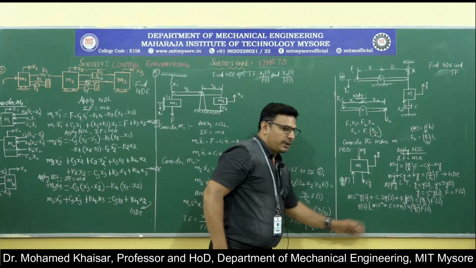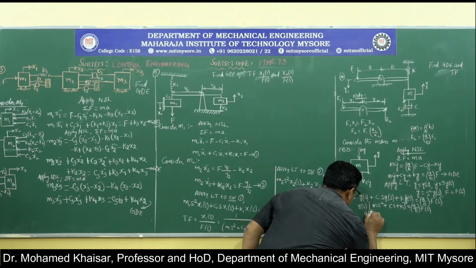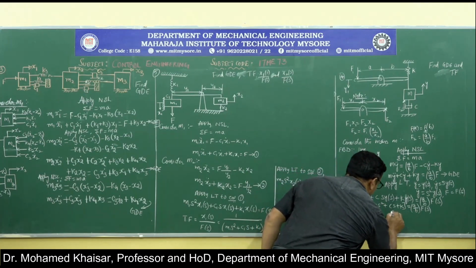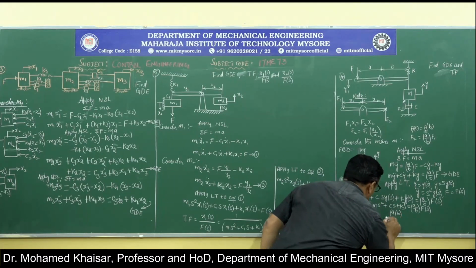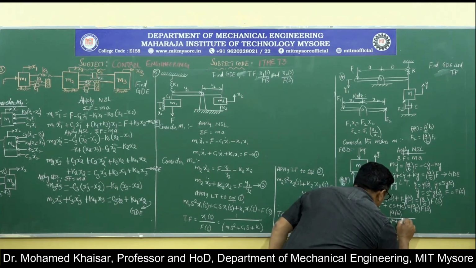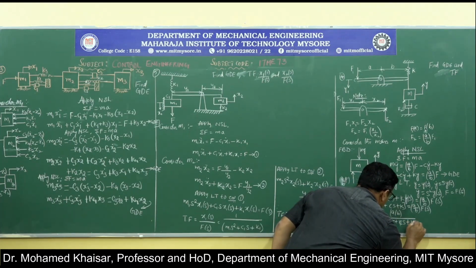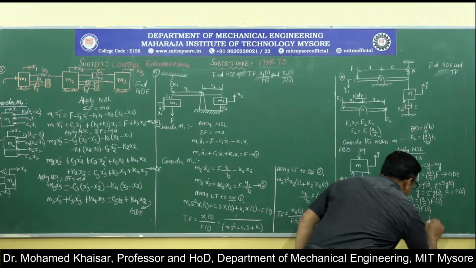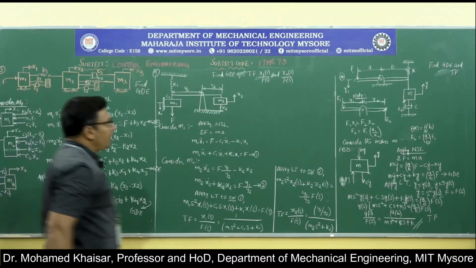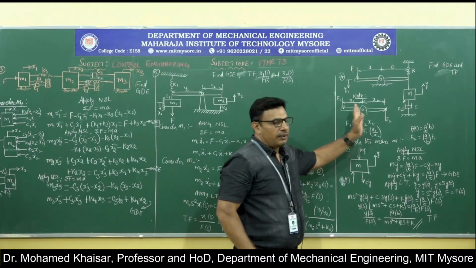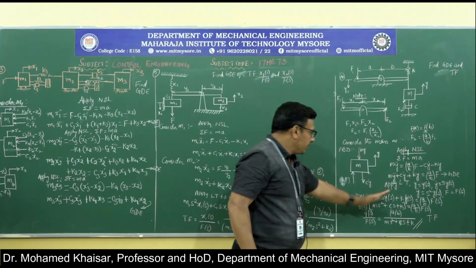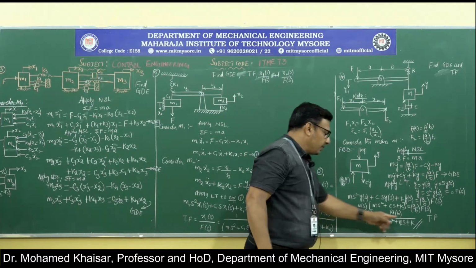Now you can cross multiply. Y of s divided by f of s is equal to A by B, which remains on the right hand side. So A by B you retain as it is, divided by ms square plus cs plus k, which goes to the denominator. This is the transfer function that we have found out. This is how even a problem from the leverage mechanism can be analyzed to find out the governing differential equation as well as the transfer function.